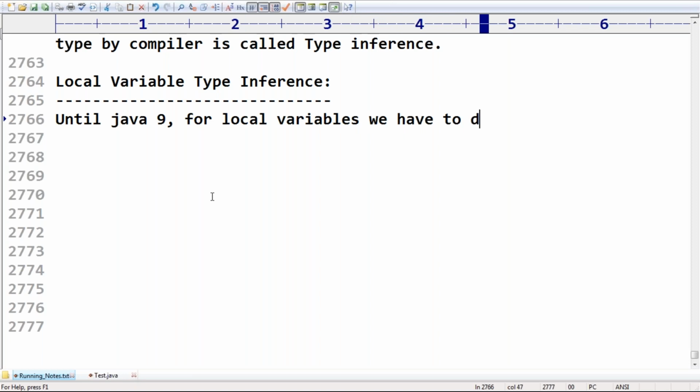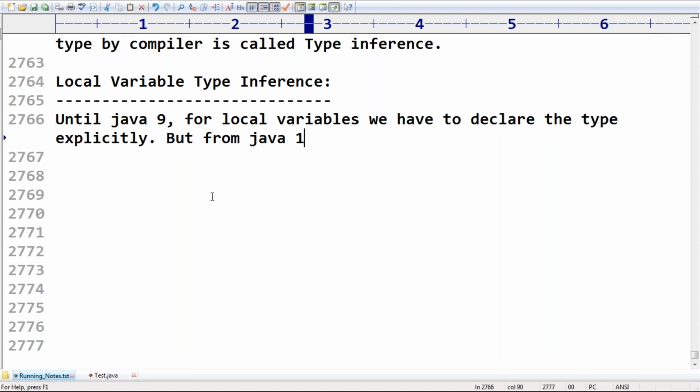But from Java 10 onwards, we are not required to declare the type explicitly.